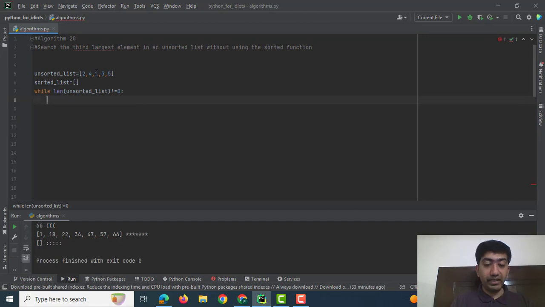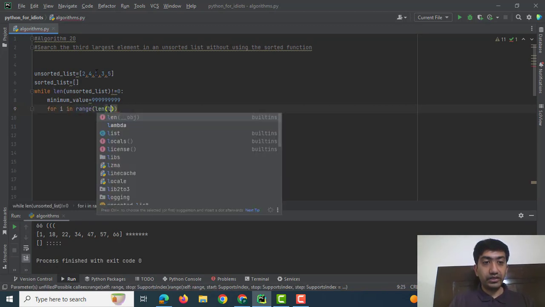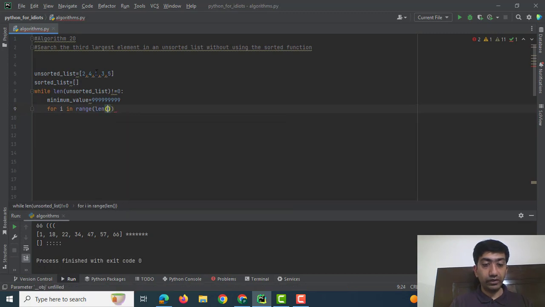Then within the while loop I make a variable of minimum value, and I give it a very large number. This is to ensure that when the for loop iterates, it is guaranteed that it finds a minimum value than the current value that we give it. So for I in range len of unsorted list -1 -1 -1, we would iterate through the unsorted list backwards, because as I go on